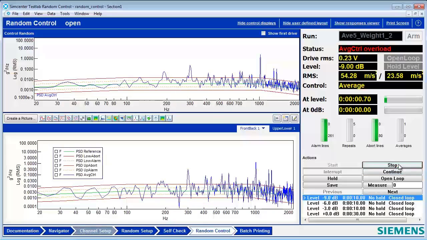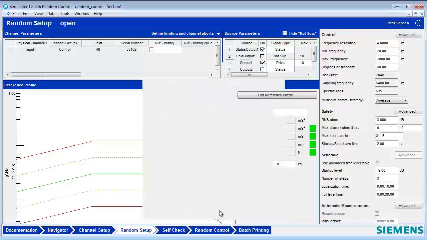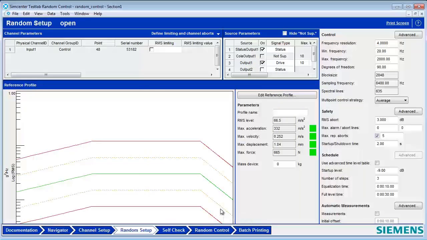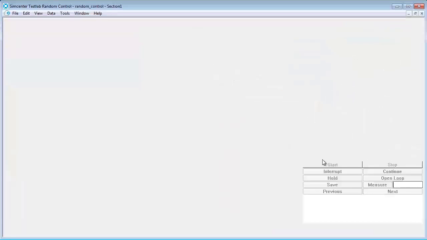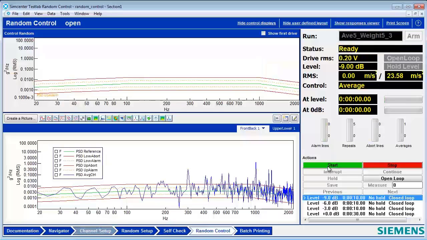So let's go back to the setup worksheet, and we will go in here and set the weighting factor higher. Let's set it up to 5. Now our degrees of freedom is 90, much, much higher. And let's see what impact that has on the variation relative to our target. So now we have averages per loop of 5, a weighting factor of 5, our degrees of freedom was 90. Hit start here.